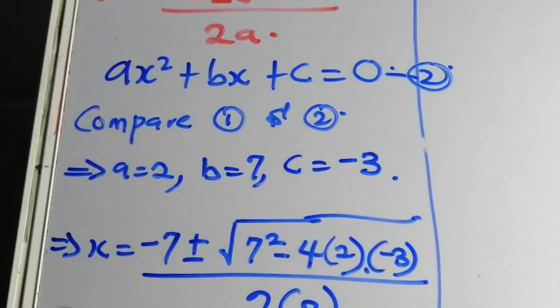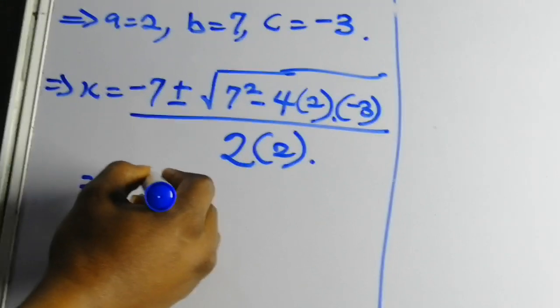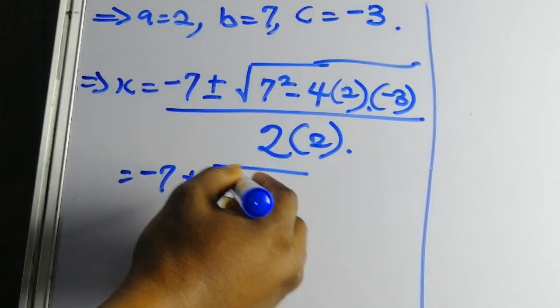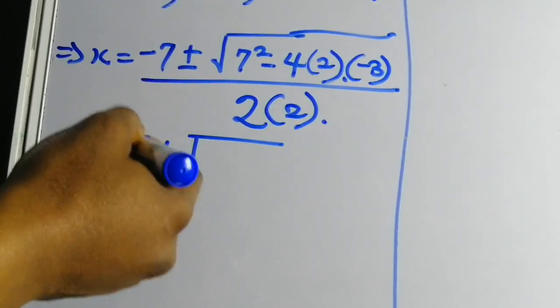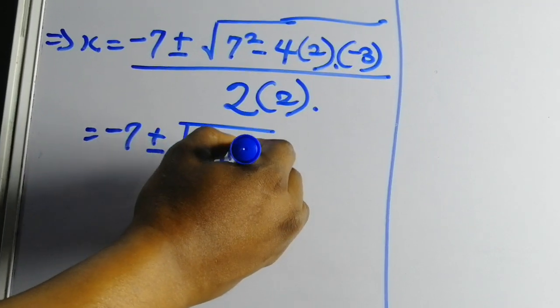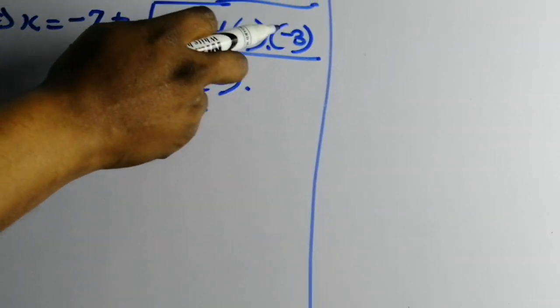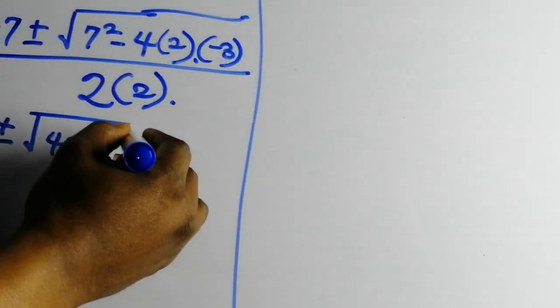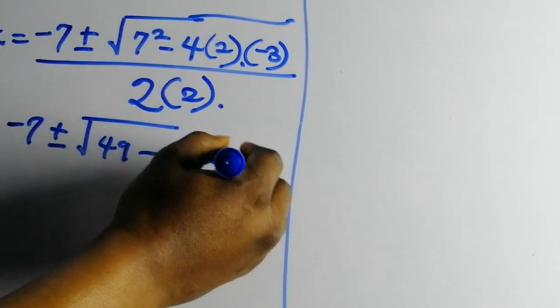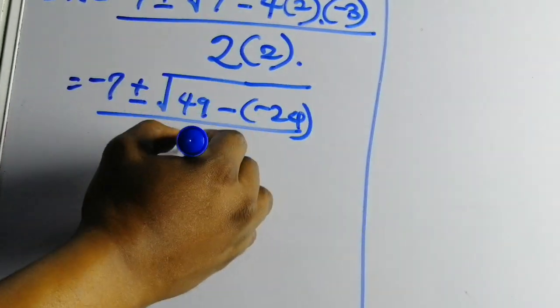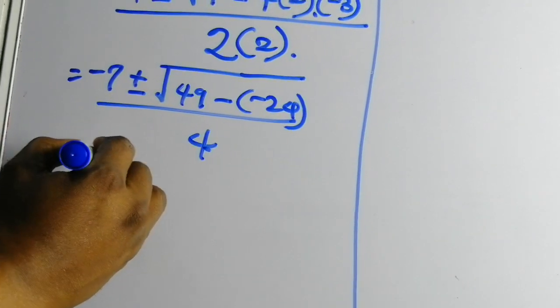You can see this now. So it means this one will be minus 7 plus or minus, what is 7 square? 7 square is 7 times 7, that is 49. Now this is 4 times 2, 8. 8 times 3, 24. So this is minus what? 24. Don't forget the minus. There's a minus here. Over what? 2 times 2, that is 4. This is minus 7